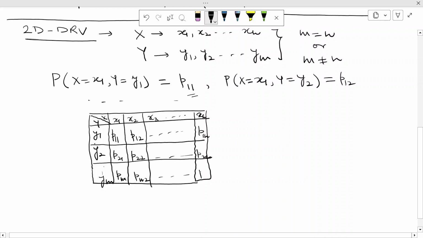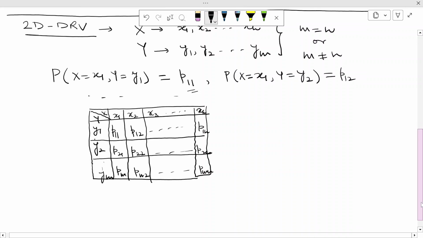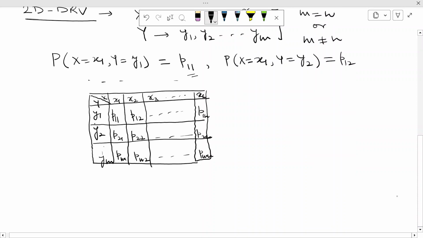pm2 and up to pmn. So this is how we can obtain the probability distribution of these two-dimensional discrete random variables. So this is one possibility, and another possibility is that you have the probability